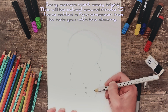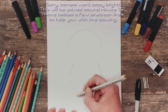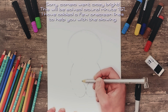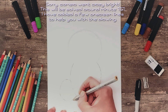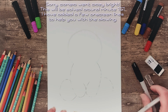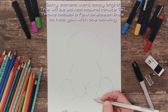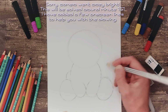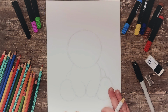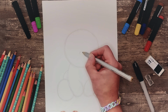Okay, and let's go in here, and let's say that we do some cute and round paws, and then we have the back legs, so we make it to be very cute and round, and a little bit here for symbolizing the back legs. And then we go, okay, in the middle of the face, as usual, we create the nose